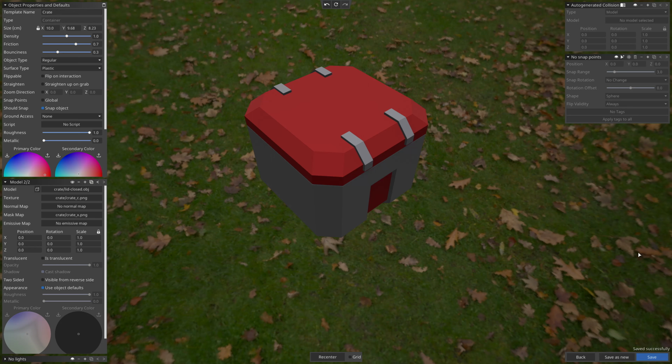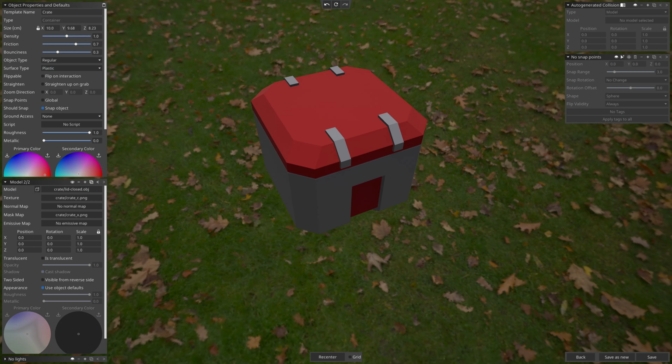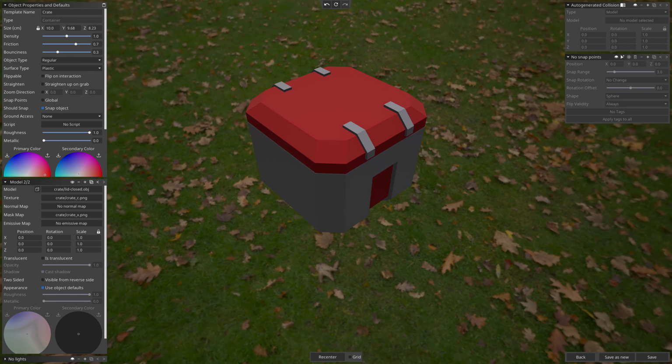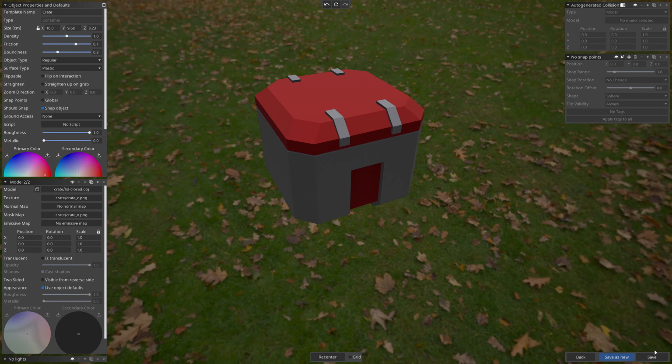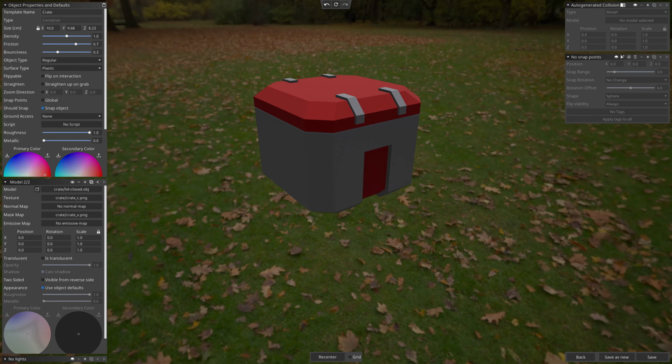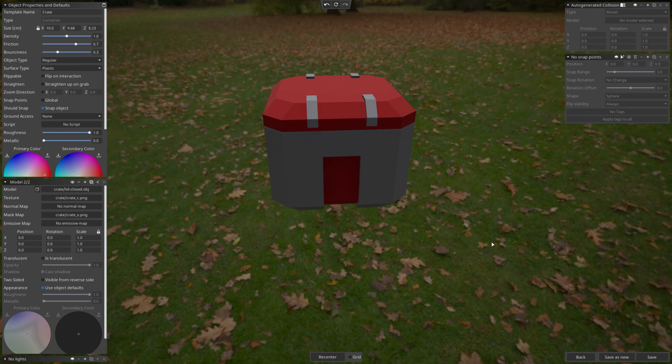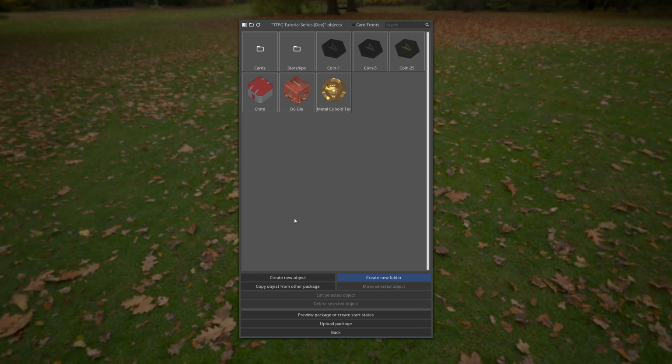I'm going to save this, and you'll notice that there's not actually any special panels for this, but it is its own type. So like, it is not a generic model. It is explicitly container, and it has its own intrinsic behavior based on that type. But they can't really be set in the editor. So you're just going to basically dictate its appearance in here. So if we save this, and we'll go back, and we can